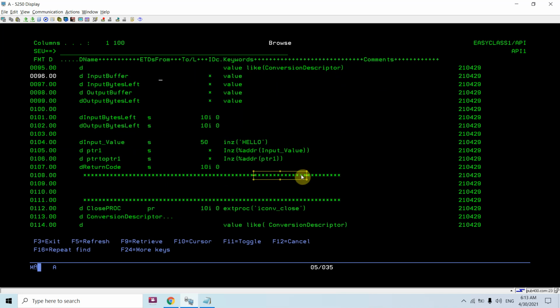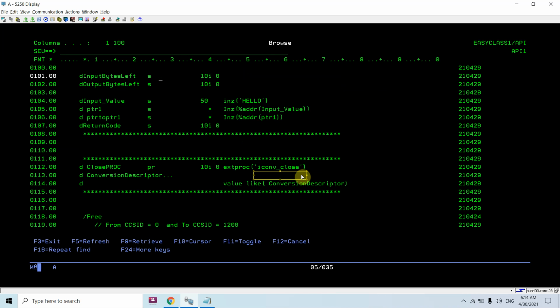Now we have to close the environment. Let me tell you, I can call this iconv multiple times before closing this. So yes, we can execute this multiple times.